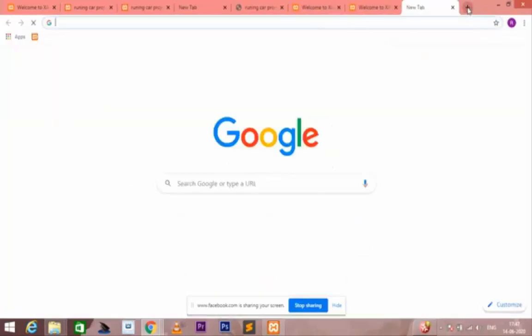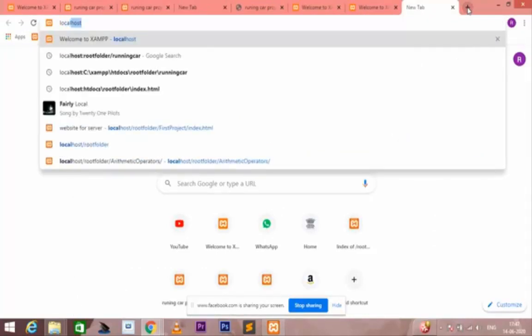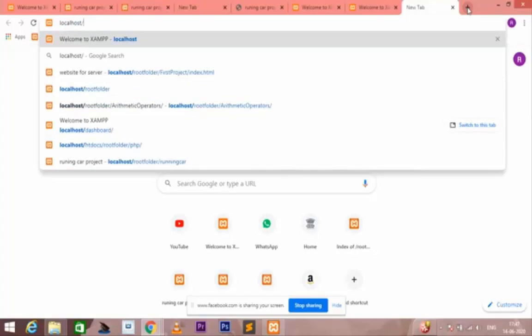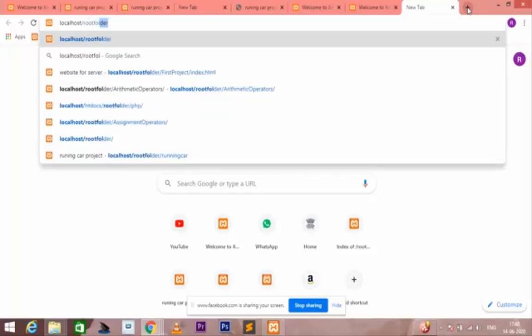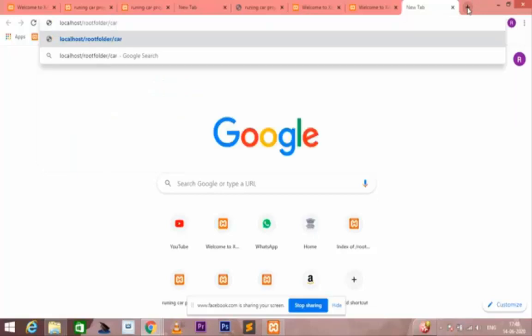In order to see my project output, I again go to search localhost slash root folder, and then I search car. Again I zoom in here, so you can see it clearly.